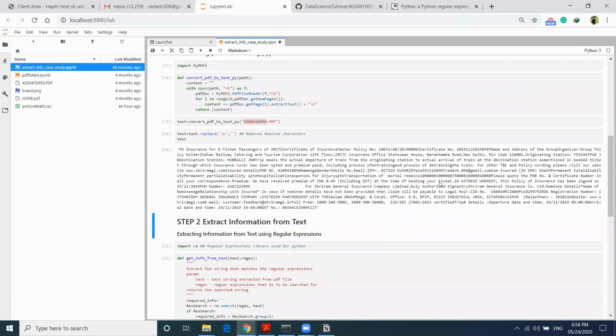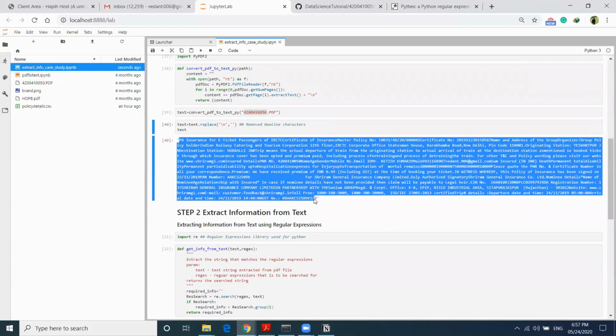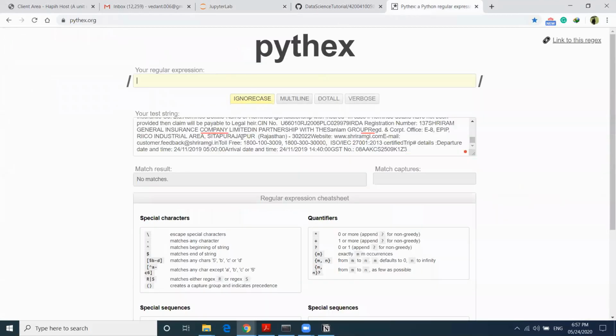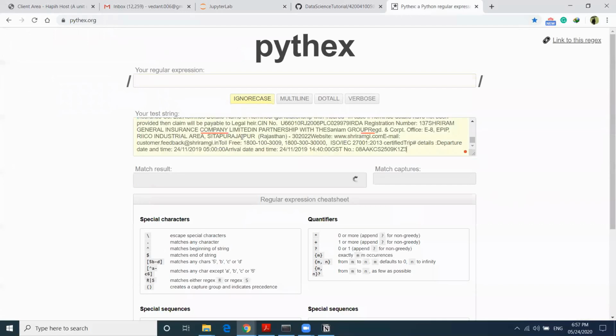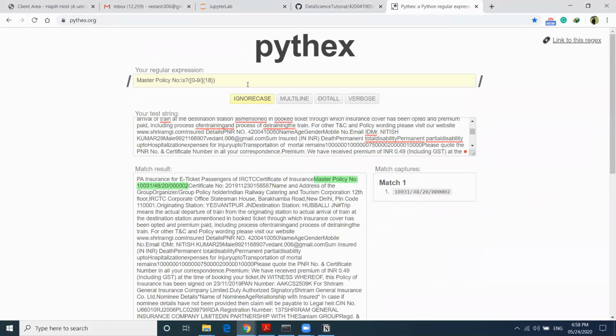The next step is we want to extract the GST number, master policy number, and certificate number. So let's copy this text, and I'll be using the pythex.org website to build our regular expression. In this particular example, you see that the master policy number is always preceded by the text "master policy number".